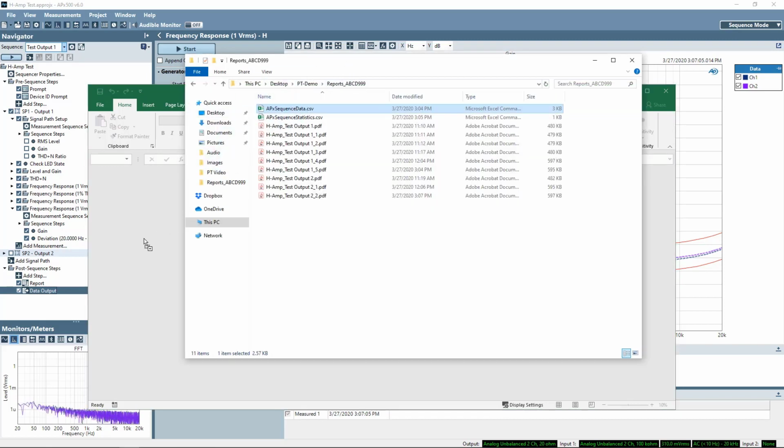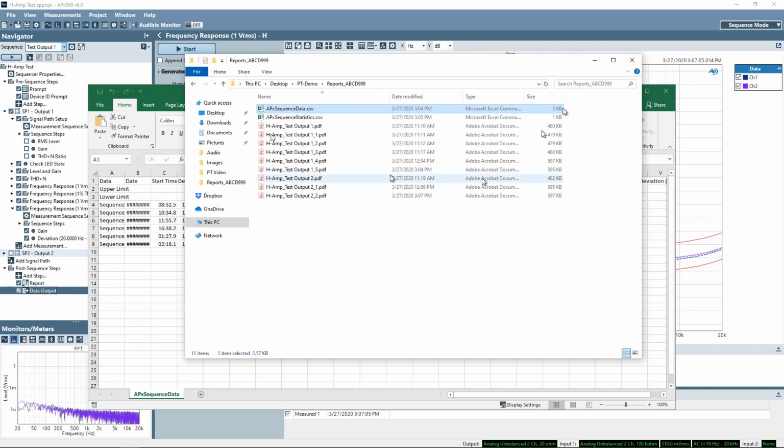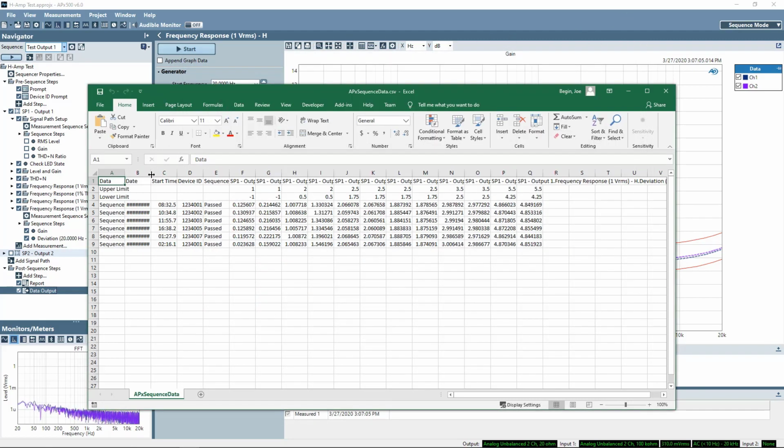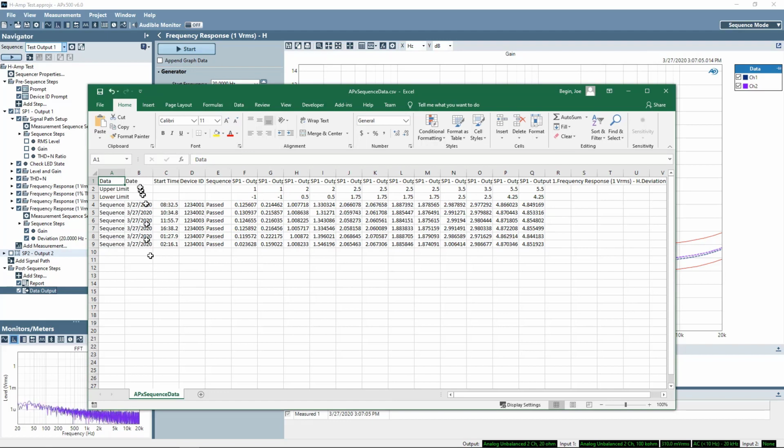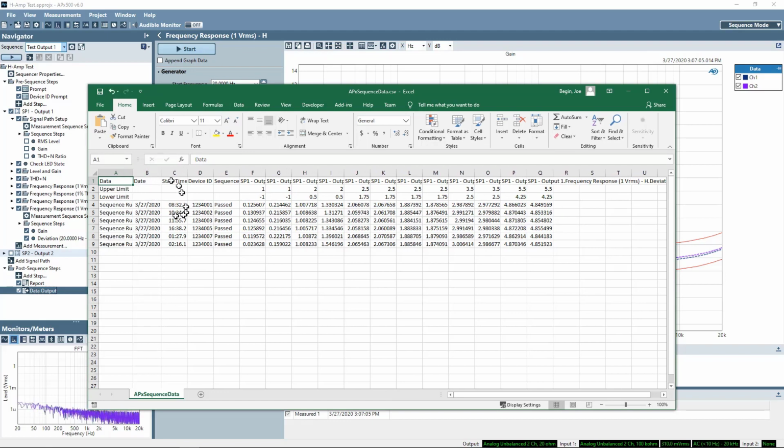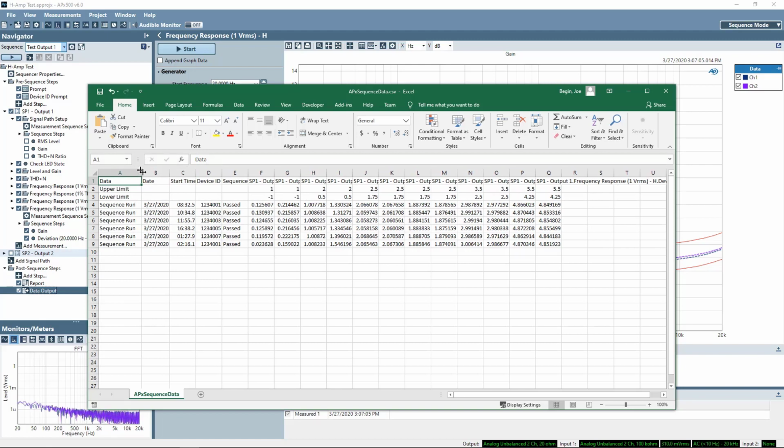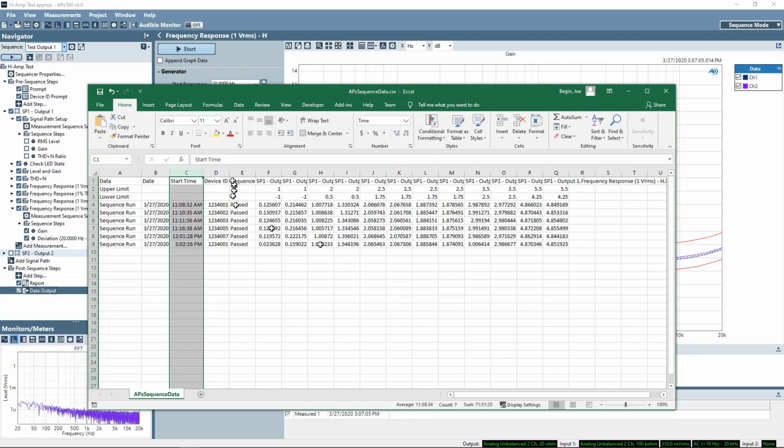My Excel file doesn't open, Excel implementation doesn't open files automatically, so I have to do this extra step. This has the sequence run listed. We have the date and timestamp. The time will not be formatted correctly by default, but if I select time as the format, it'll set the time. Here you can see the device ID that's been filled in, a pass for the sequence, and then